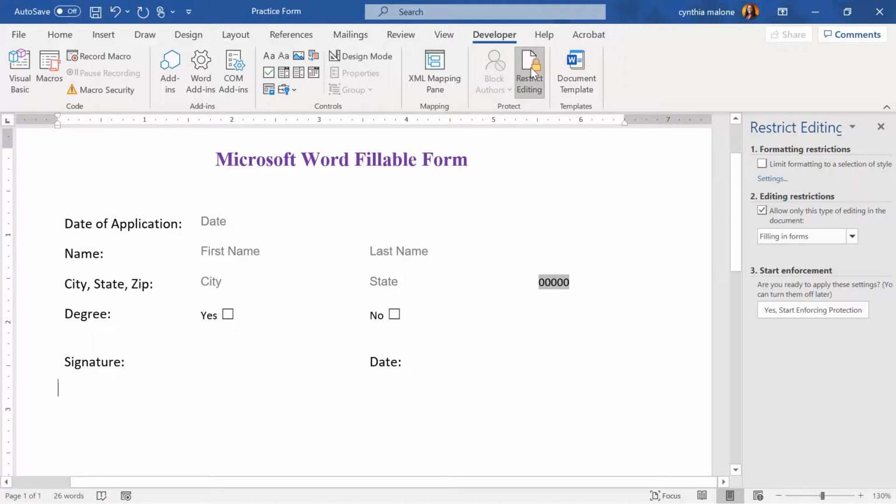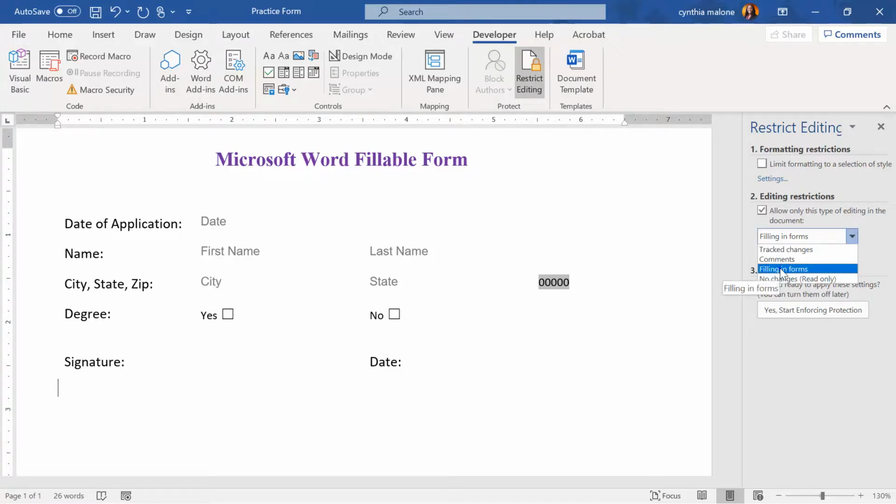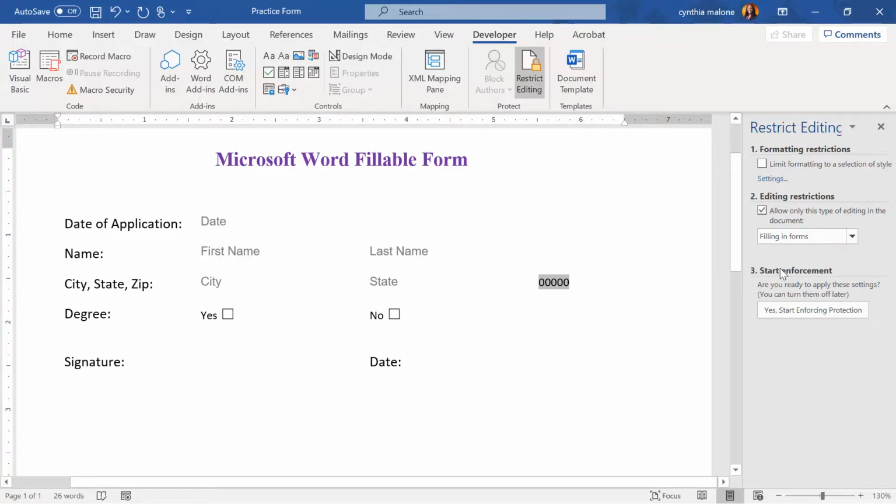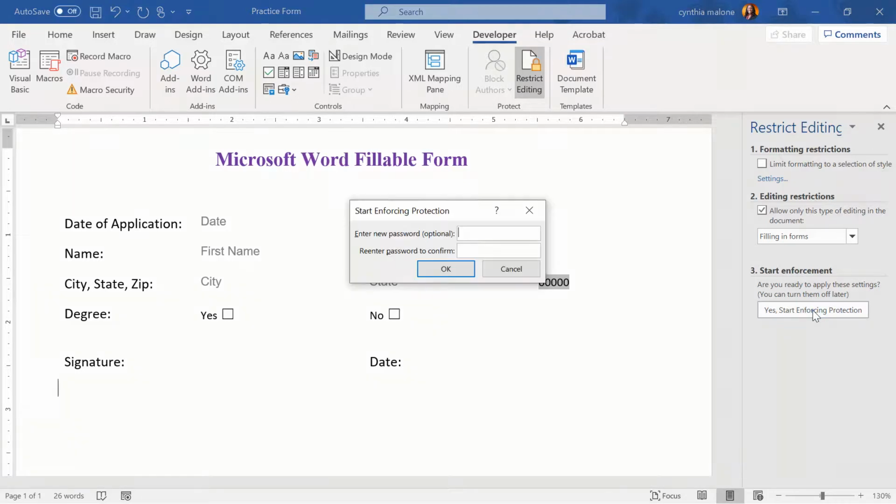From there, we will ensure that the checkbox that says allow only this type of editing to be done in this document is checked, and we'll also make sure that it is set to filling in forms. Once that's done, we'll need to start enforcing the protections. Now, at